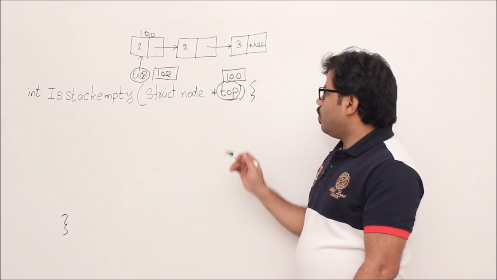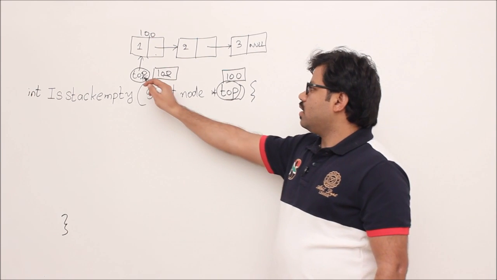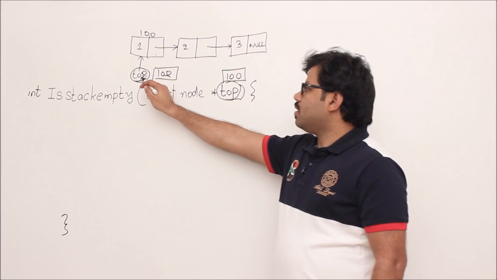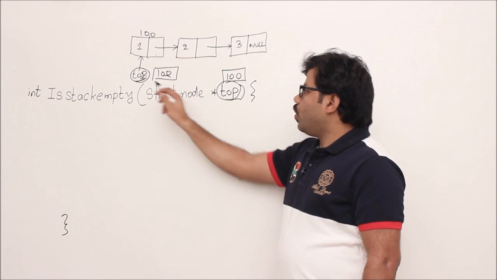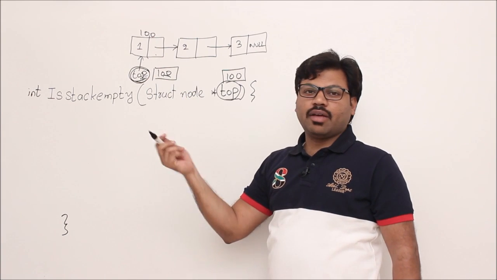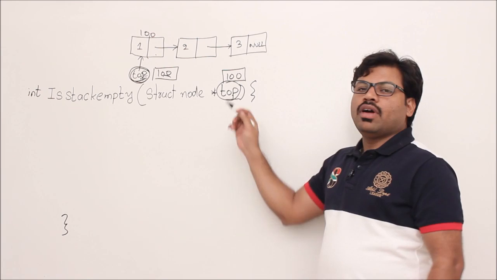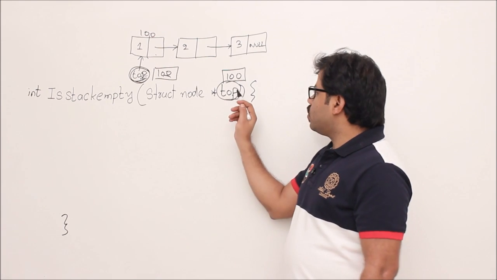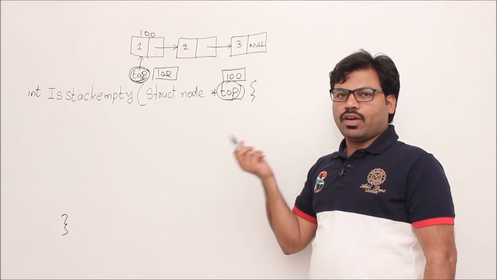Remember it. So first step, how am I going to do that? This is top. So based on that, I should decide. What I do is, I assume that someone is going to give the value of top to me. What is top? What is the data type? Struct node pointer. That's why I take some struct node pointer top, and I am expecting that someone is going to pass the content of this top to this top. Then only my code works.